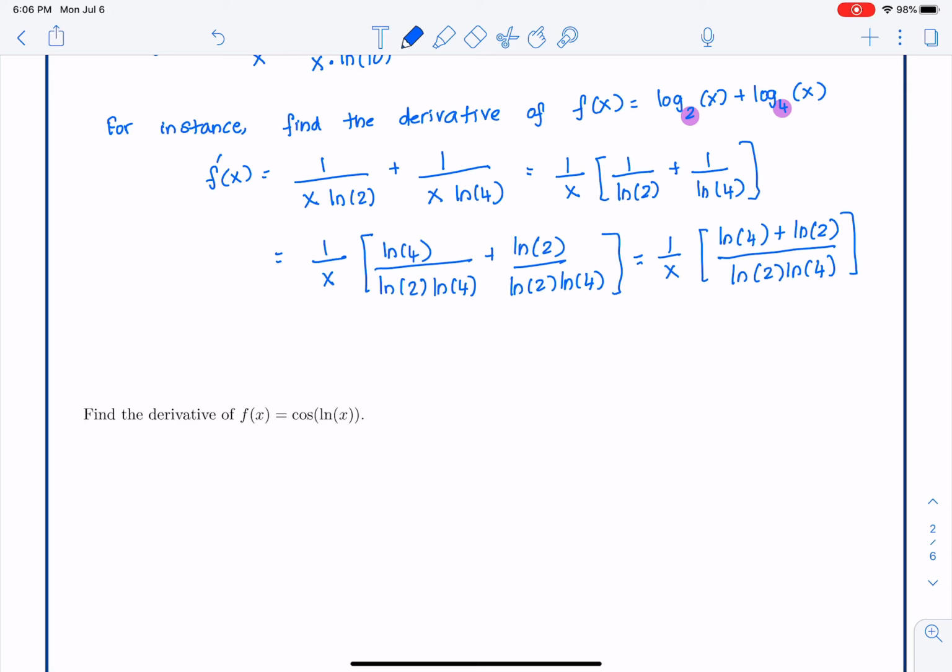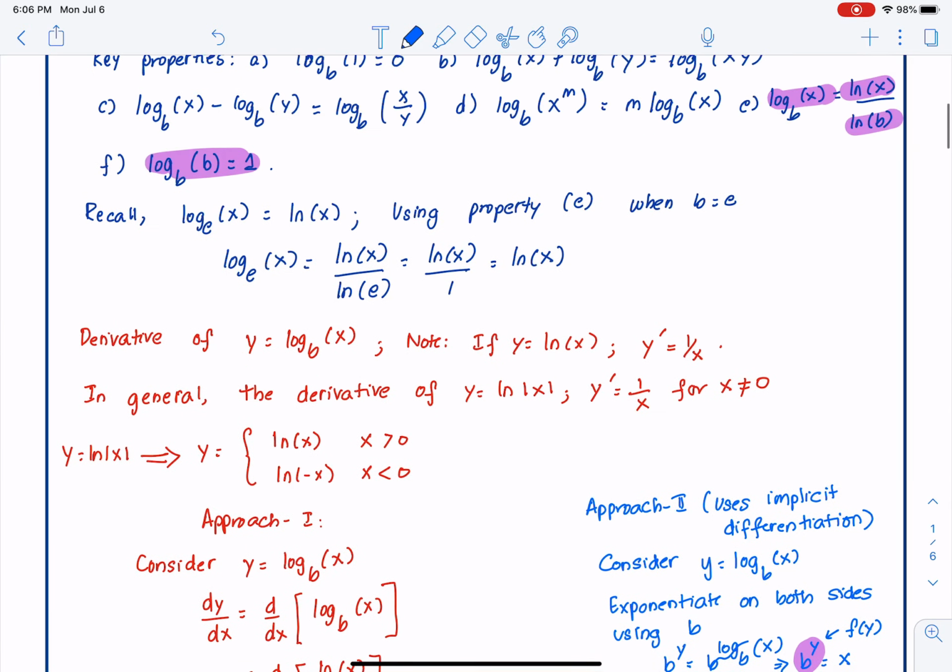And ln of 4 plus ln of 2, if we use property